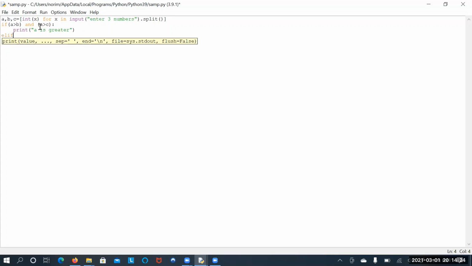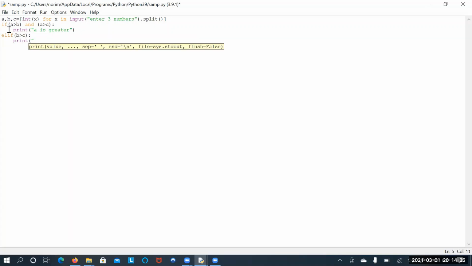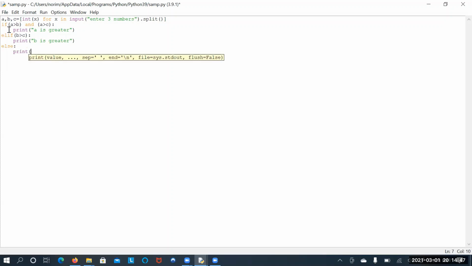If I want to check for more than one condition, multiple conditions, I have to use if elif else, right? Elif B is greater than C, print B is greater. Next, else, print C is greater.